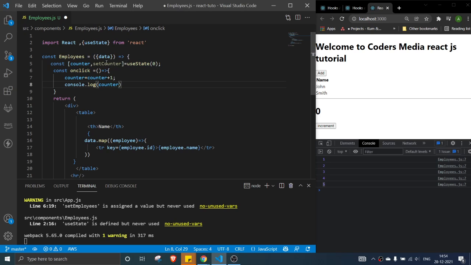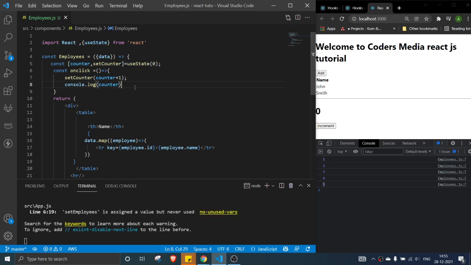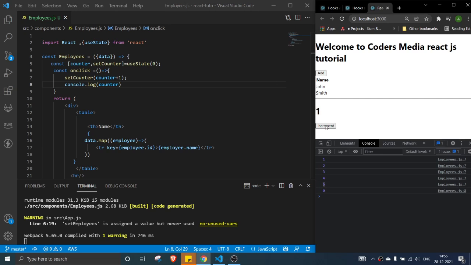Very simple: just call this function here, setCounter, and pass the value. Whatever value we pass, this will update the variable with the help of useState. Now I try to increment. See, one. Let's increment again.